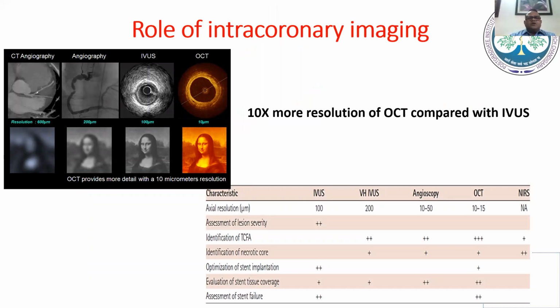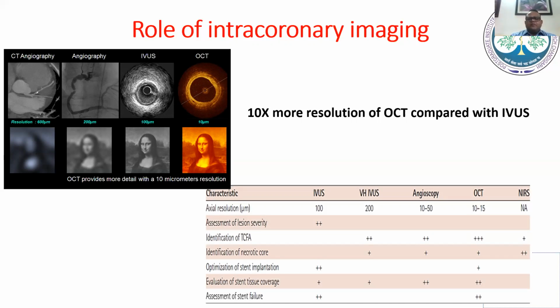As you all know, there is a marked scope of imaging in coronary intervention. You see the difference in resolution between, say, CT coronary angiography versus angiography, and the diagram below has very well shown the quality of the picture of Mona Lisa. How does it improve with various investigation modalities? In routine, we use intravascular ultrasound and optical coherence tomography for intracoronary imaging, and the resolution is markedly different between the two, IVUS versus OCT. The latter has around 10 times more resolution, though the penetration is on the lower side compared to